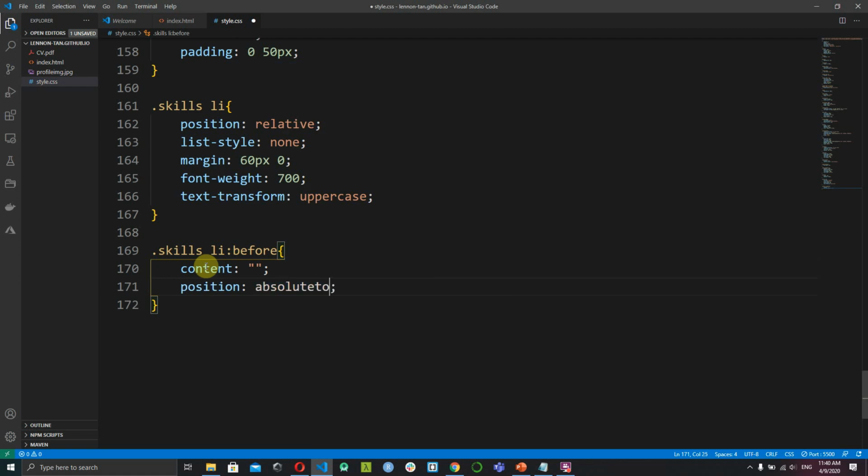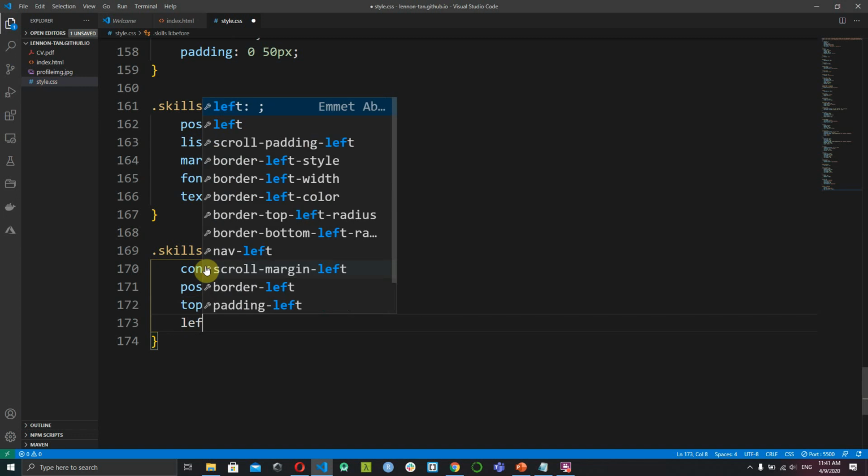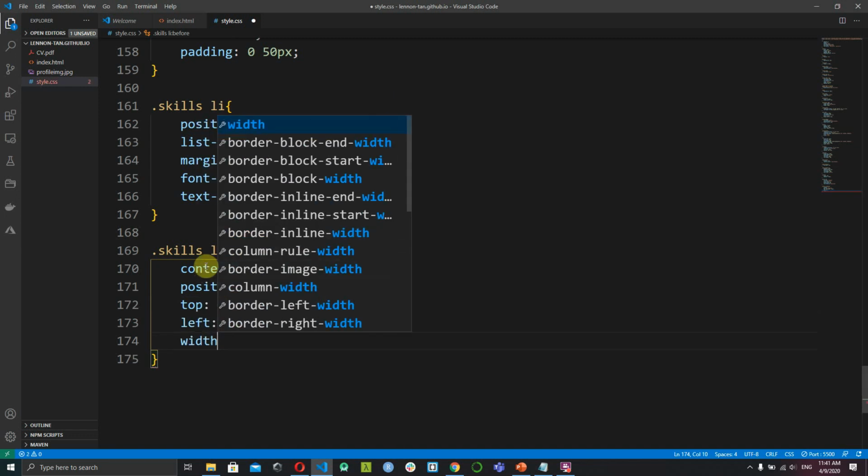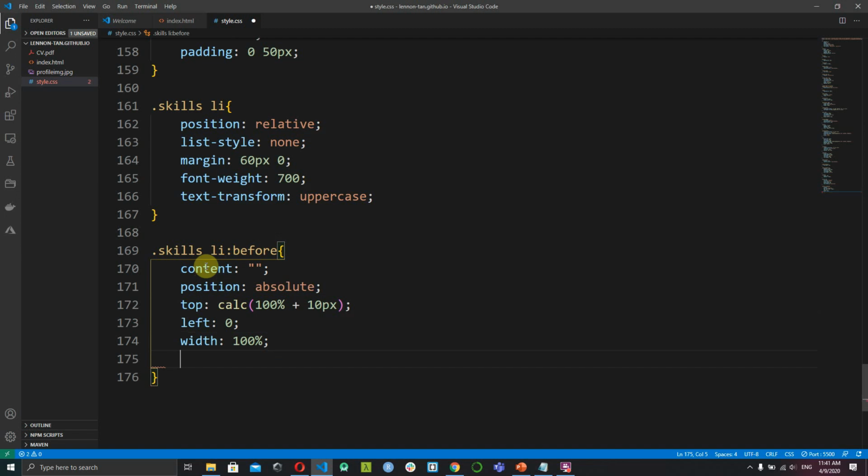And the top will be calc 100% plus 10 pixels, so that there's some space there, and left is 0. We want the width to be 100%, the height to be 15 pixels,